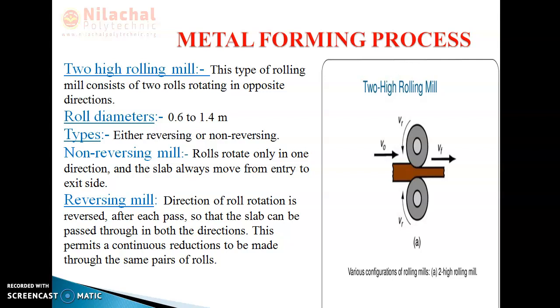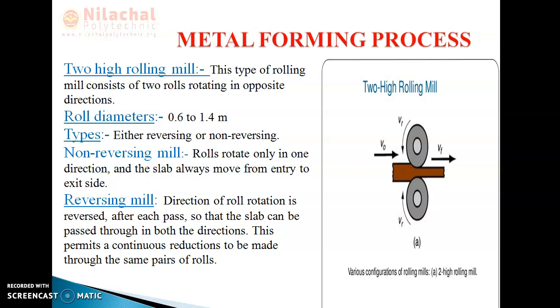You have 2 rolls, so the name came from using 2 rolls, and it is named the 2 high roll mill. This type of rolling mill consists of 2 rolls rotating in opposite direction. As far as the roll diameter is concerned, it is used for rolling of 0.6 to 1.4